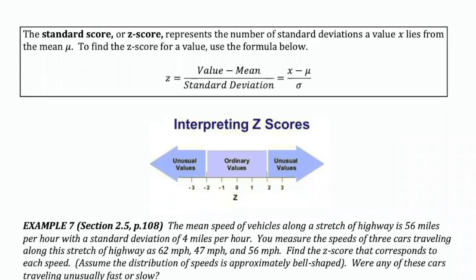In order to prepare for finding those more accurate answers, you need to know what a z-score is. The standard score, or z-score, just represents the number of standard deviations a value x lies from the mean. And to find the z-score for a value, you just use the simple formula below. Whatever value you're interested in, you subtract the mean from it, divide by the standard deviation, and here's that formula